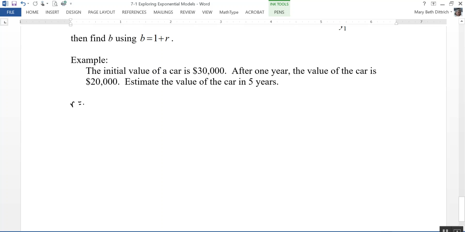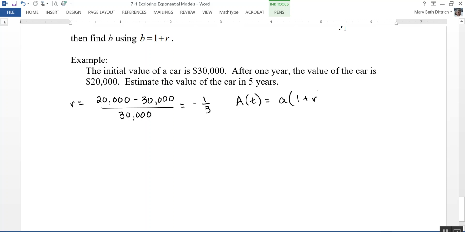So my r is going to be y2, which is 20,000, minus y1, which is 30,000, over y1, which is 30,000. And that's going to give me a negative 1/3. So that's my rate. So I'm going to use my same formula. A of t is equal to my initial amount times 1 plus r raised to the t. And I need to know the value of the car in 5 years. So my t is 5. My initial amount was the initial value of the car, which was $30,000,